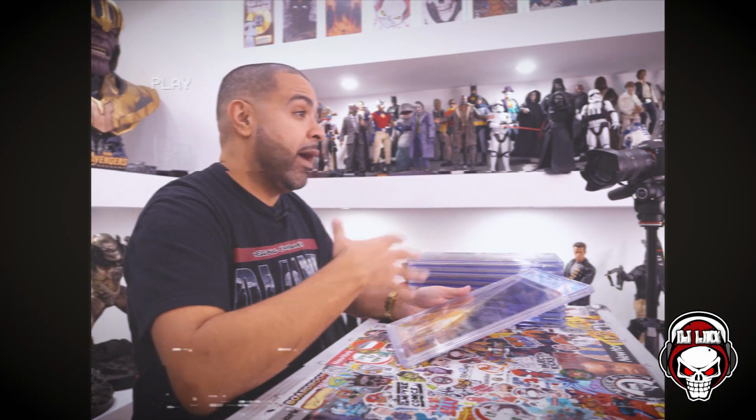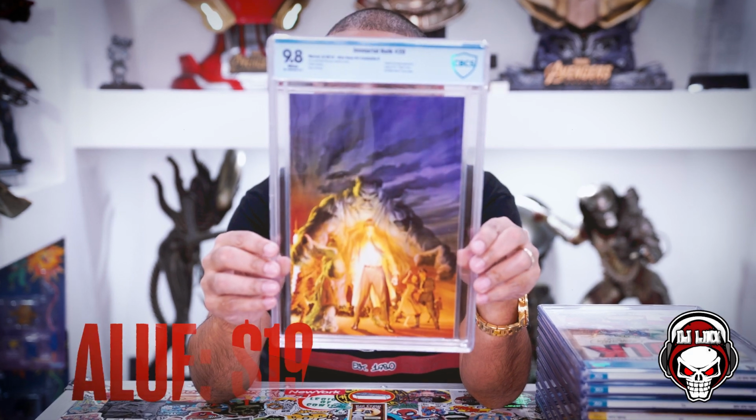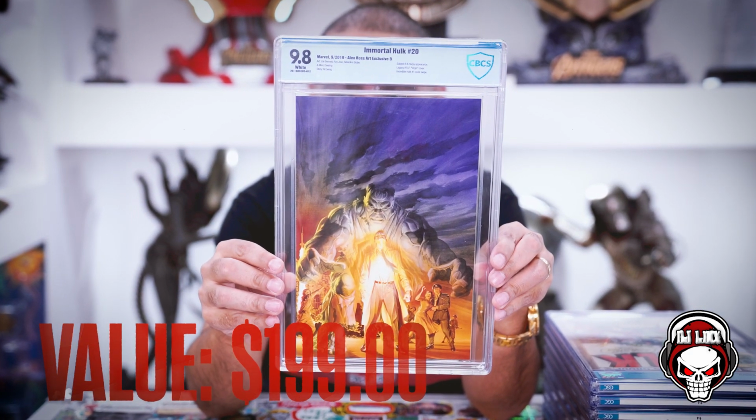A gorgeous Alex Ross cover, and you know I'm a big fan of Alex Ross. Now combine Alex Ross artwork with the Incredible Hulk, and I'm over the moon. This cover right here is absolutely fantastic. This is Immortal Hulk number 20 from 2019. This is the Alex Ross exclusive B. I think you could have only got this off of his website, and this is right here a banger, banger, banger. Homage variant to Incredible Hulk number 1. This is just absolutely